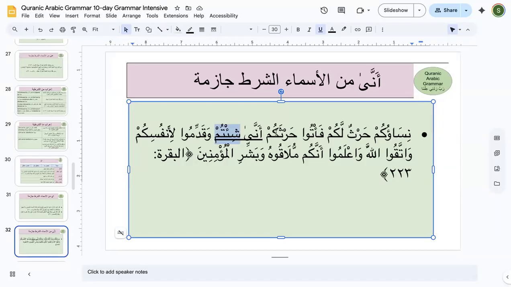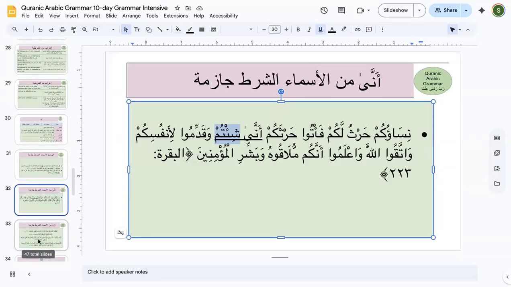However you wish, you come to them. You come to your harvest, however you wish. This can be something that denotes the jawab, whatever comes before a shart, a conditional sentence. If the jawab is omitted, sometimes whatever has been mentioned before it can indicate the possible jawab in there. Okay, so keep that in mind.